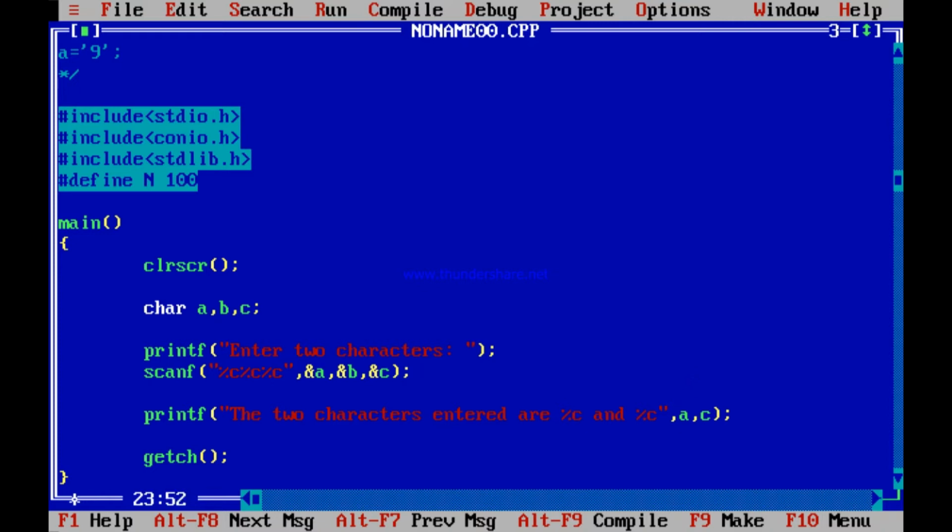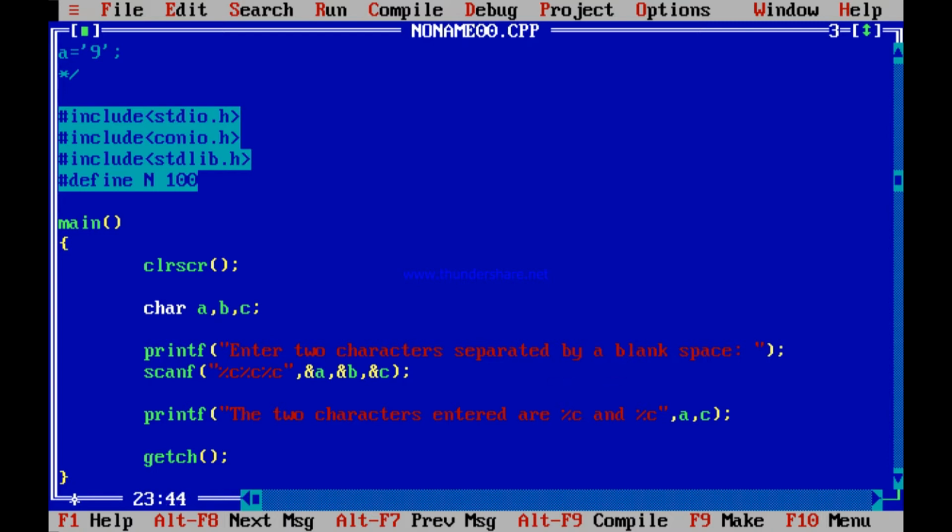I scan two characters, I say enter two characters, separated by space. I tell the user, you enter two characters separated by a blank space. I tell the users deliberately, enter two characters separated by a blank space.